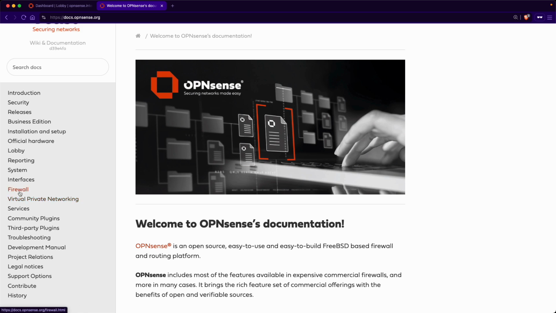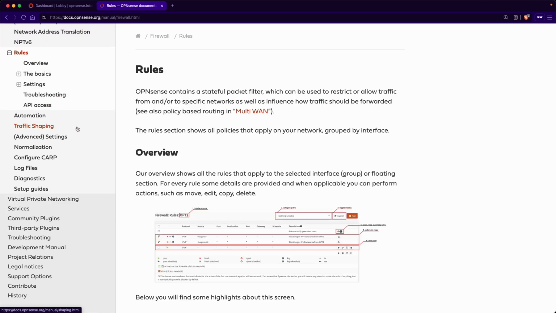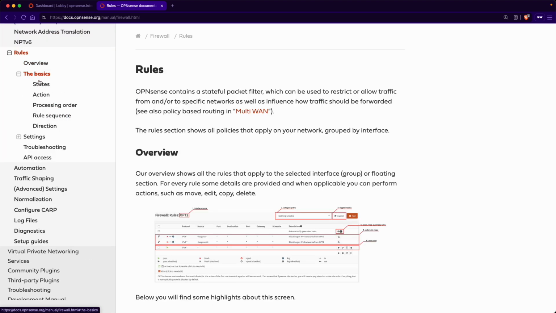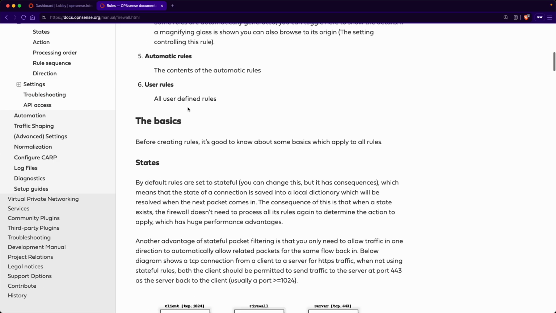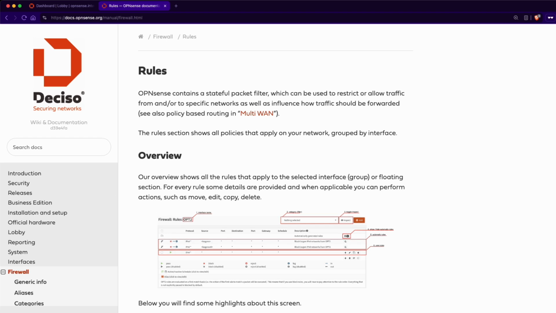If you want to learn more about the firewall, click here and then navigate to Rules to find basic instructions for adding new rules. So, if you don't know how to do something, check the docs. Next, we'll look at the official OPNsense forums. The documentation isn't going to be able to cover every single scenario, so if you can't find your answers there,